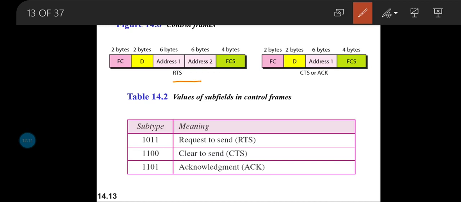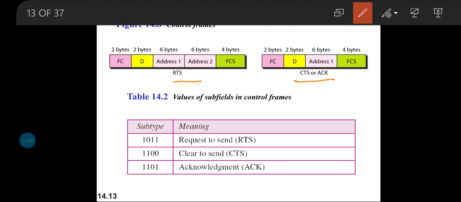I am going to fill the subtype as 1011. And if I am going to make use of clear to send, I will be filling it as 1100, which represents that the channel is free and now you can send me the data, clear to send.